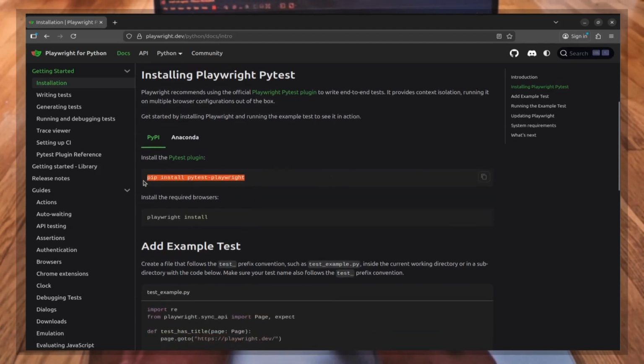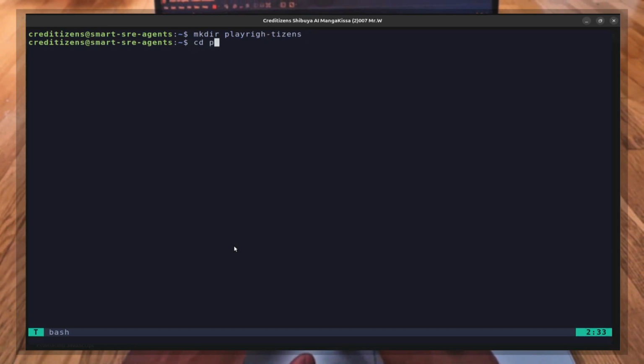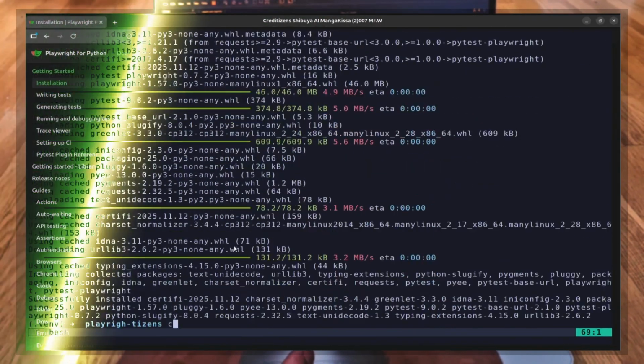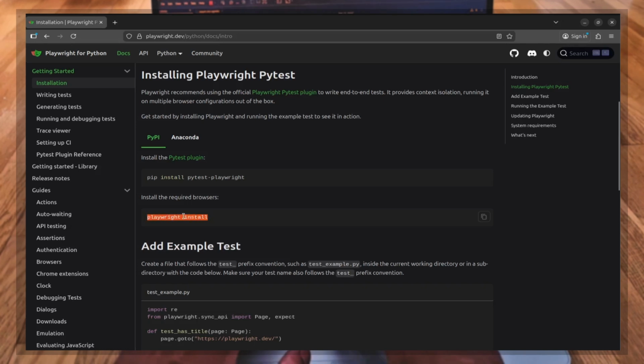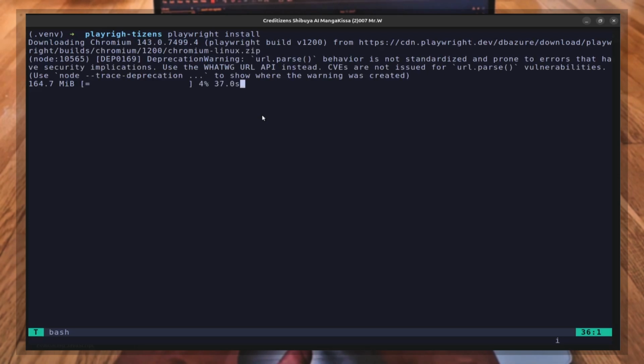So you'll need to install it in your environment. I'm just going to make a directory. Playwright has a quirk: there's a W, Playwright. I always forget the W, but yes, there is a W. Playwright install. So I have a virtual environment. I'm installing everything in the virtual environment. And after I'm running this command,